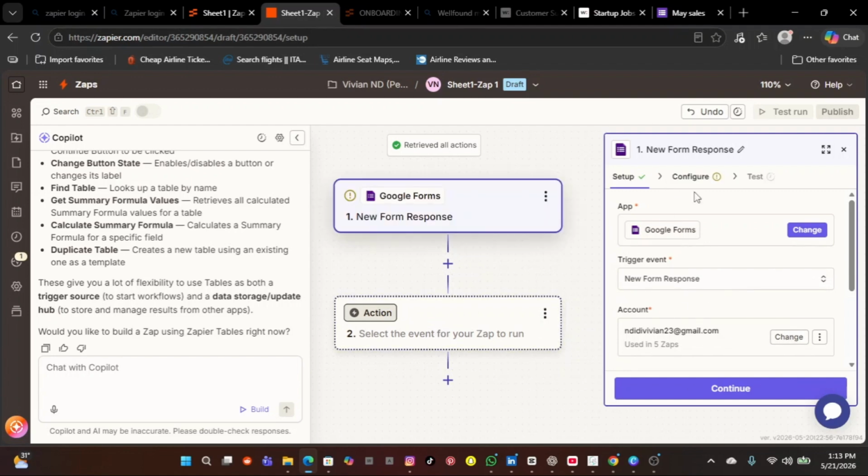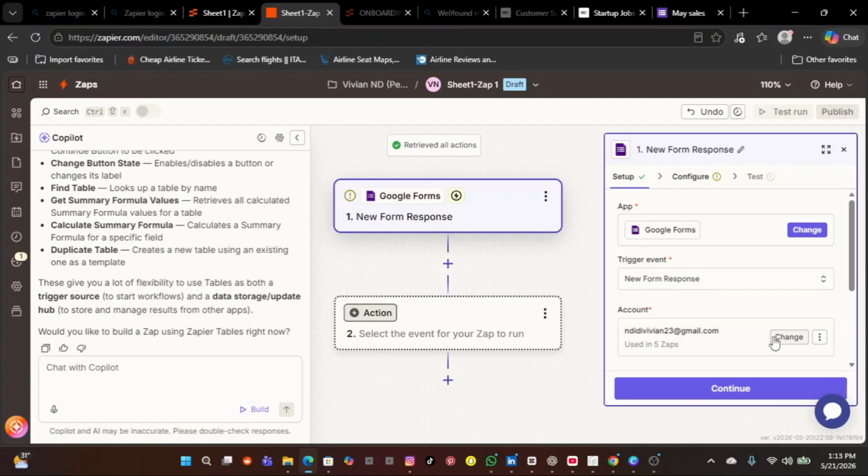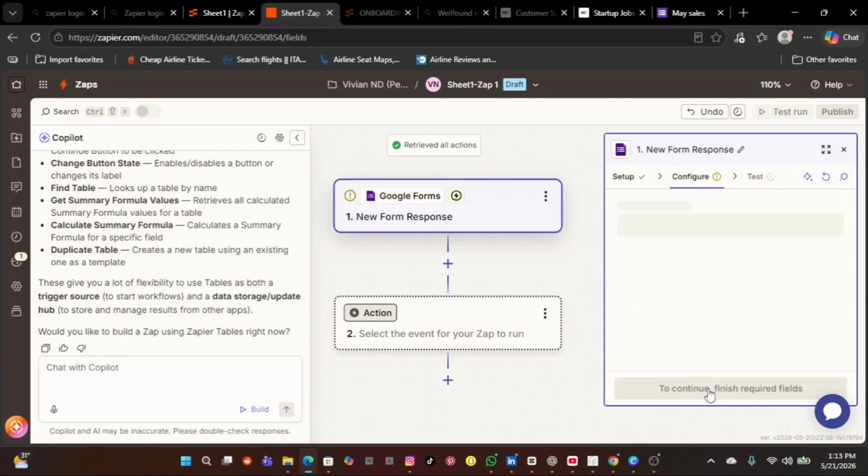It's because I have already connected my Gmail. That's why you're seeing change. If I haven't, you'll be seeing let's connect. So we are trying to test run that, and I have already set that up. Then you come here